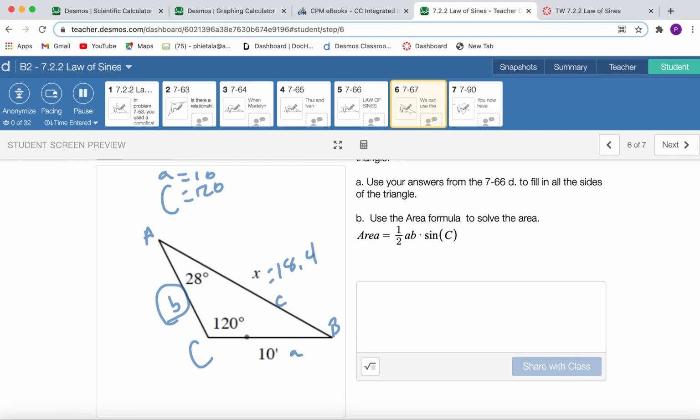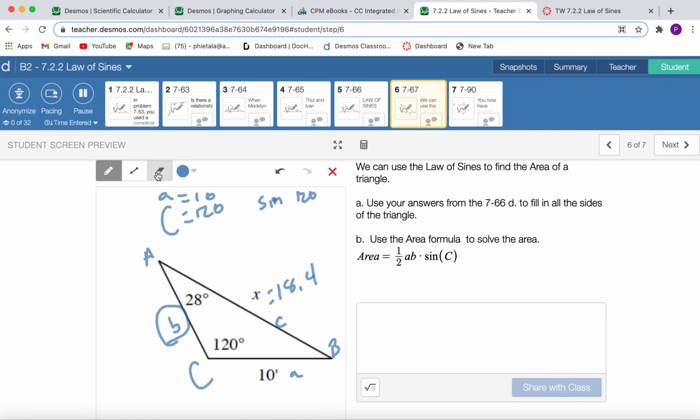You know what? I still feel like I don't have to do that. Like I said, you guys, where I put my A, B, and C shouldn't matter, okay? So as long as I have A, B, and C on there,